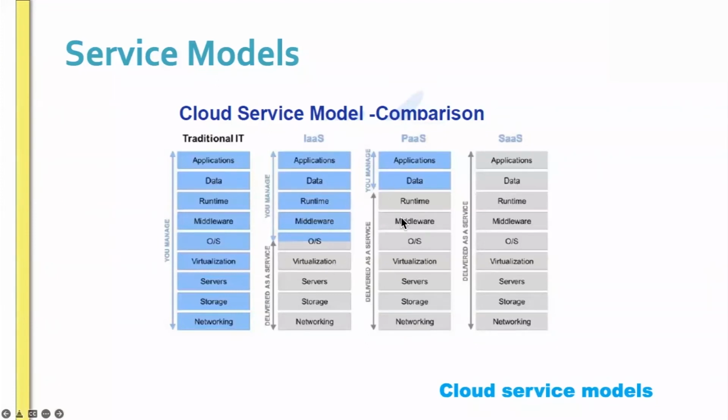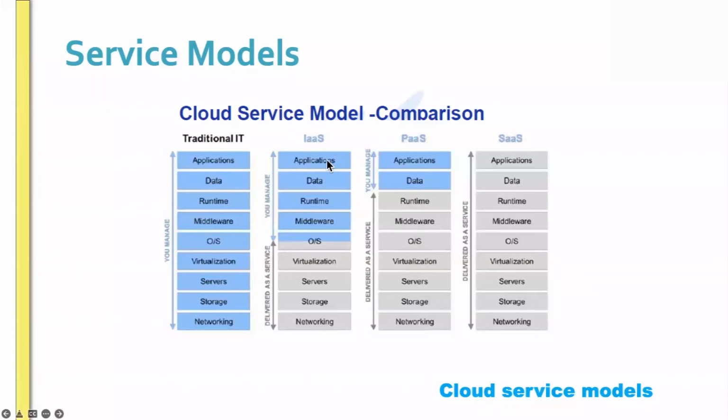You don't need to log into the operating system, or install Python, or do any configuration, variable settings, or whatever. You don't have to do anything. Just open the application, host your Python, deploy your code, and your application is ready. So here management is very less, and everything is delivered as a service. Much more easy, much more direct, and compared to IaaS, your management part is very less.